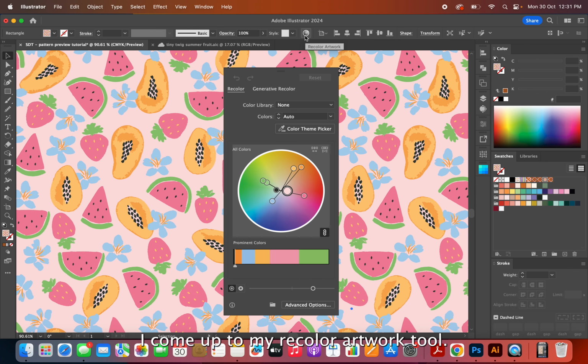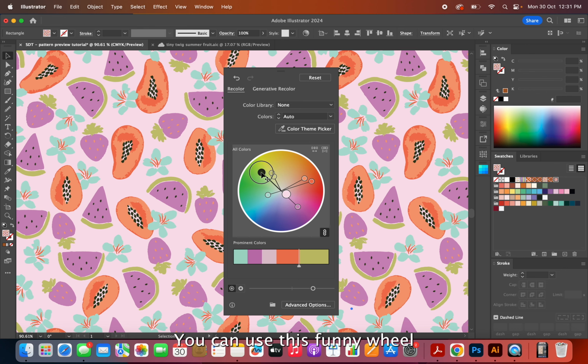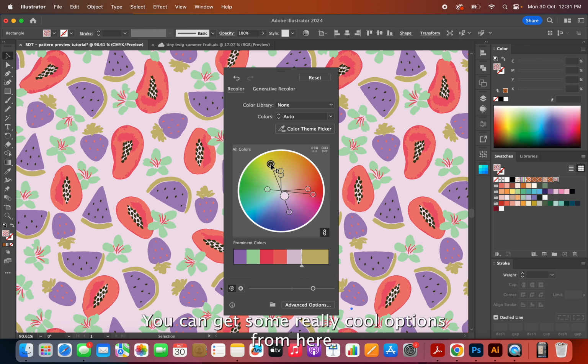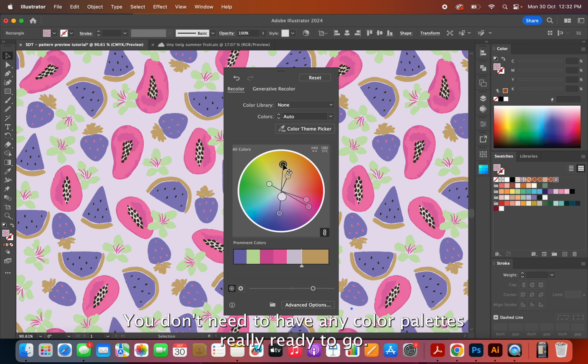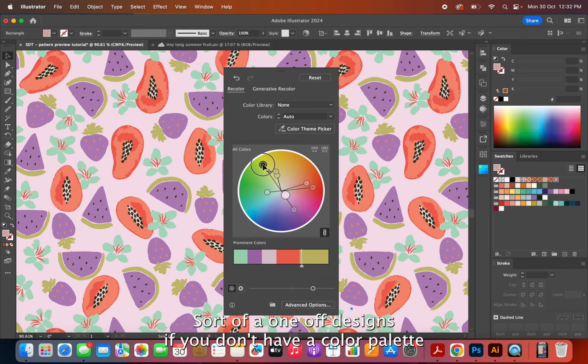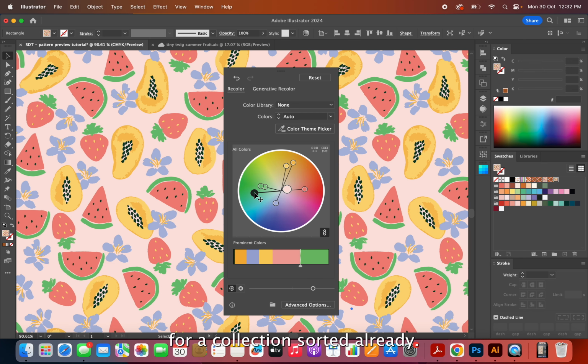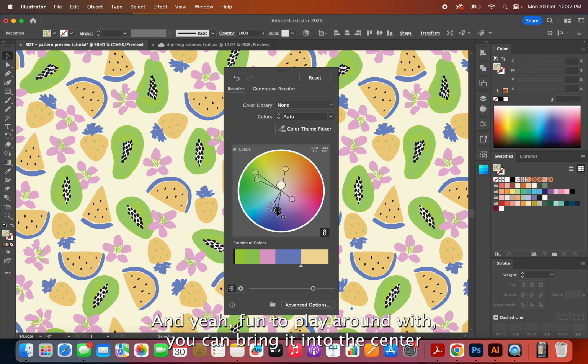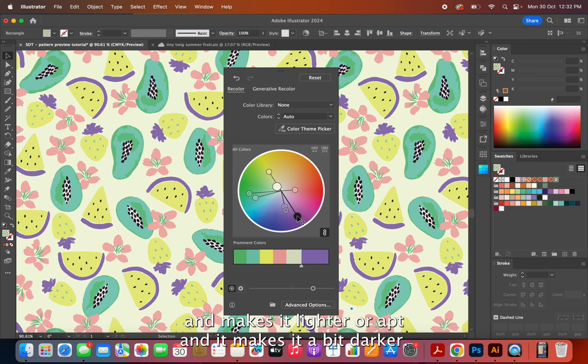I come up to my recolor artwork tool. You can use this funny wheel to change it. You can get some really cool options from here. You don't need to have any color palettes ready to go, and this can be fun for one-off designs if you don't have a color palette for a collection sorted already. And yeah, fun to play around with. You can bring it into the center and it makes it lighter, or out and it makes it a bit darker. But I'm going to go to advanced options